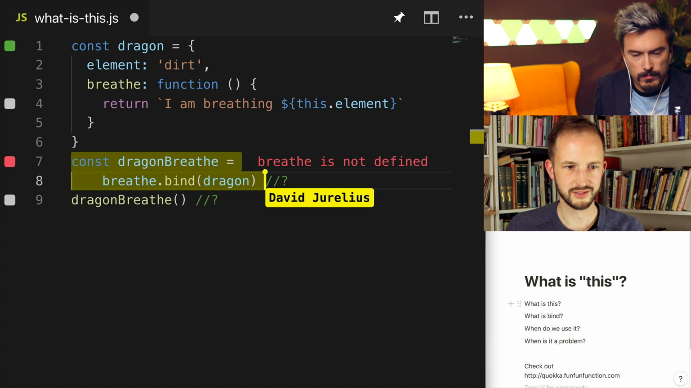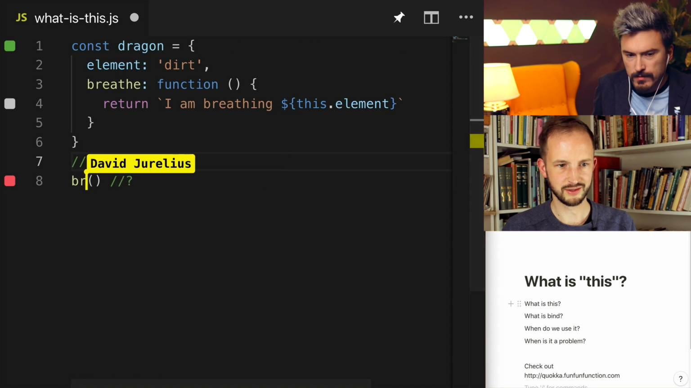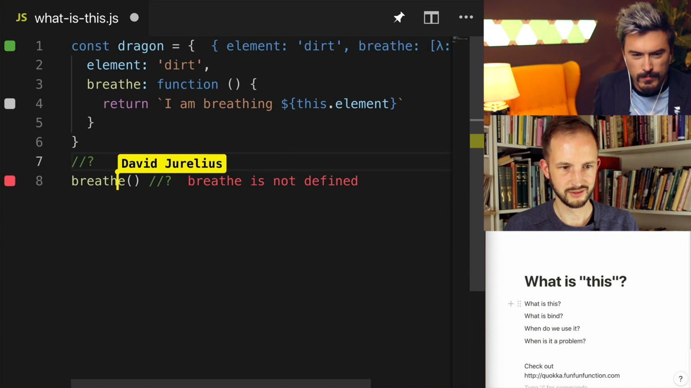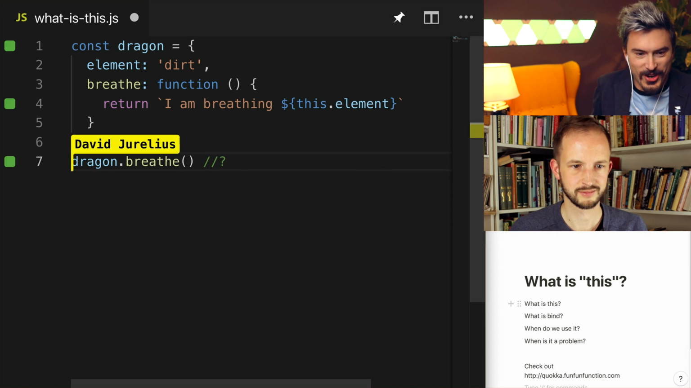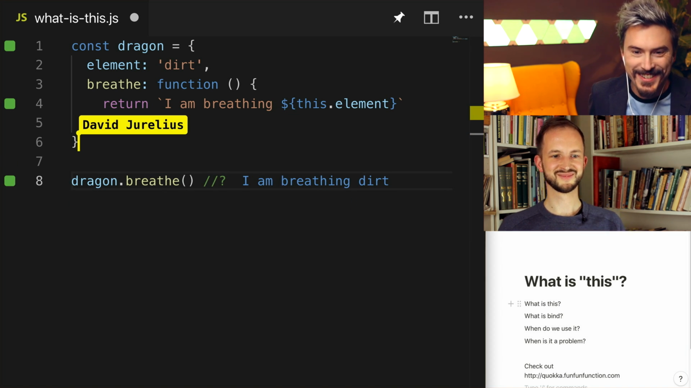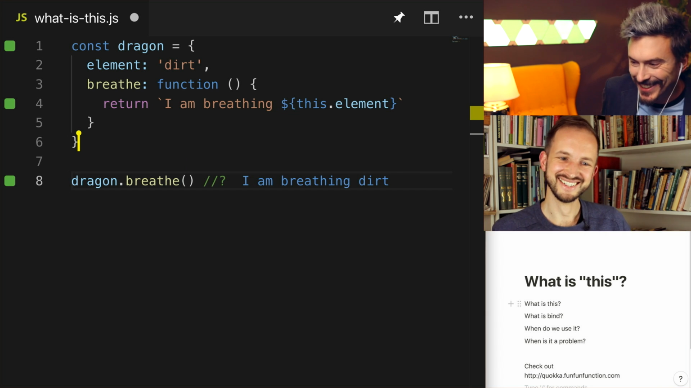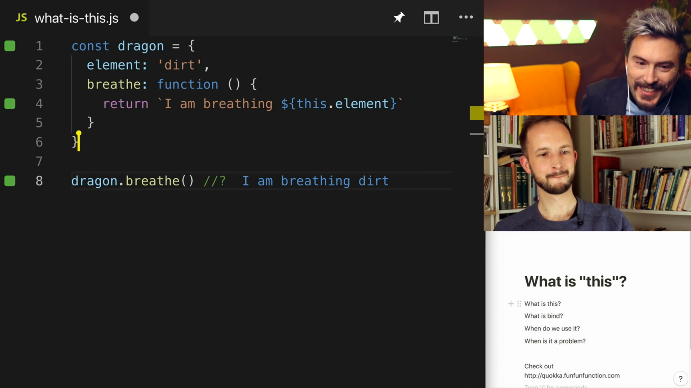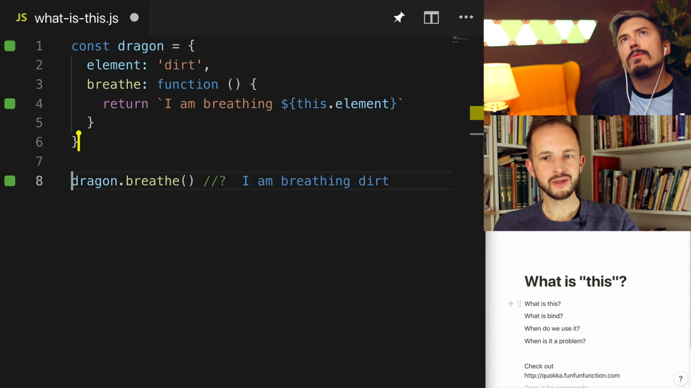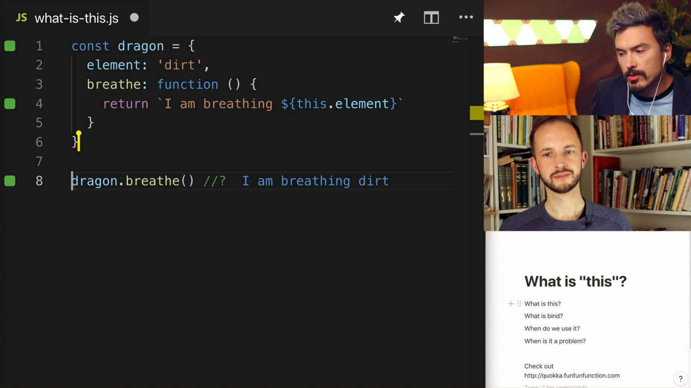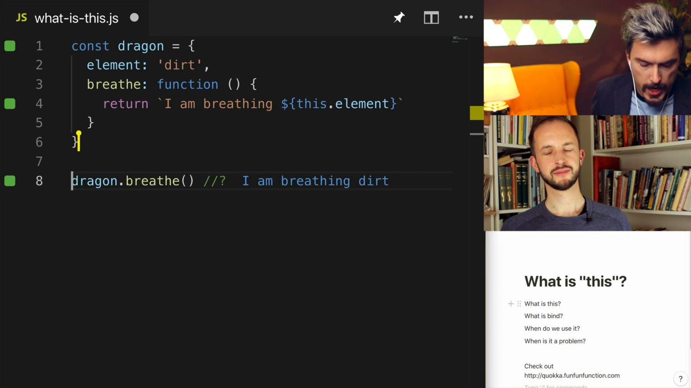And I remove the bind stuff here, and then just breathe dragon. Yep, breathing dirt. It's just the shittiest dragon. Okay. All right. So let's manufacture the case, because the time you run into this is when you have